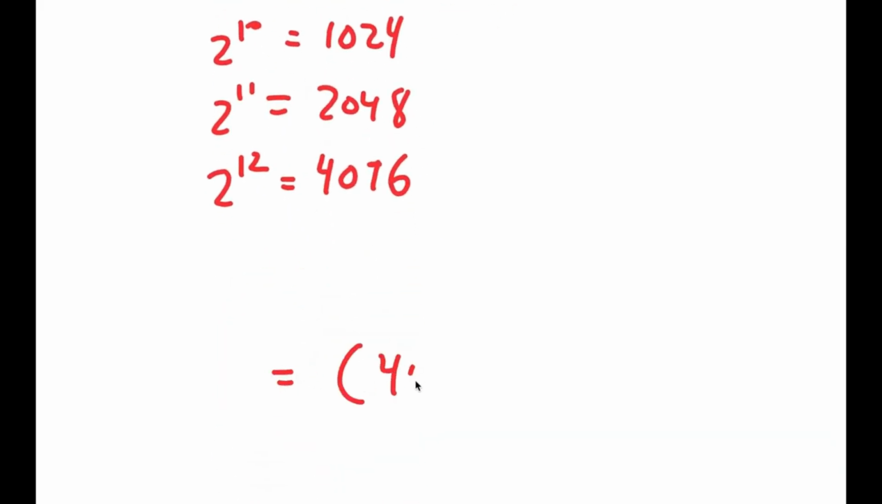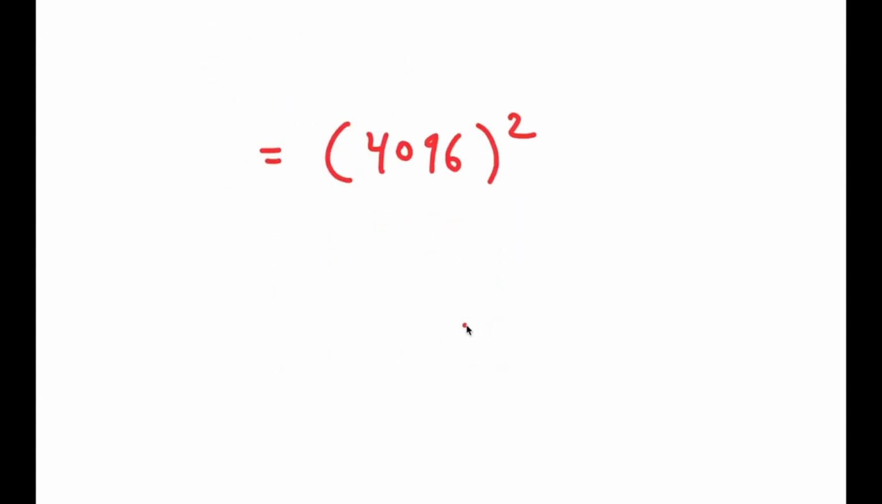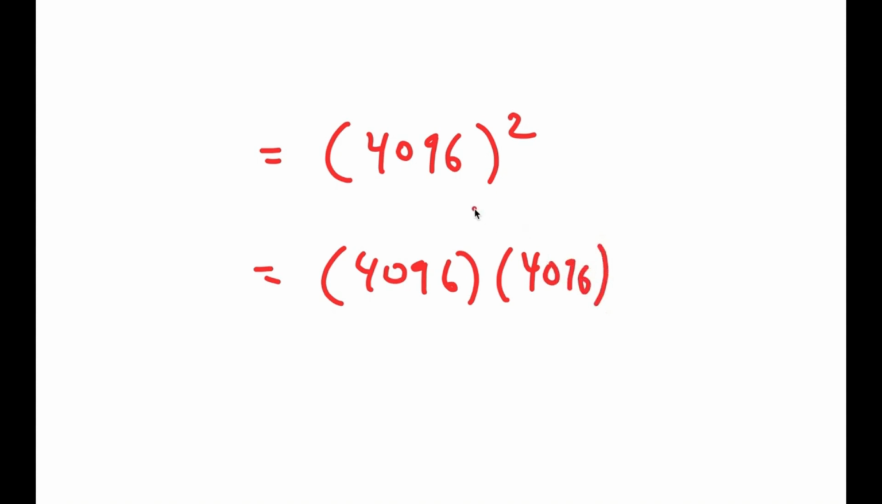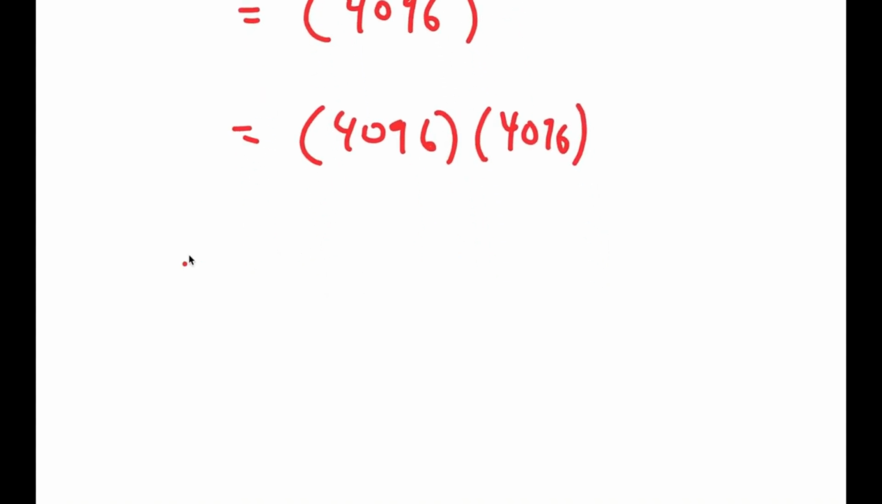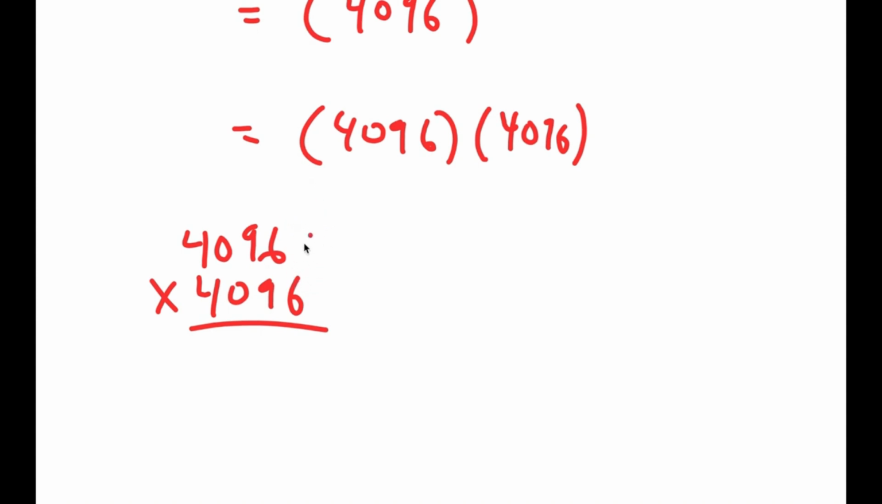So now I get 4,096 squared. Now, what most people would do, well, first of all, 4,096 squared is the same thing as 4,096 times 4,096. And from here, what most people would do is they would just multiply this like this, using the conventional method of multiplying it. However, this method takes way too long, and it's really easy to make an error using this method. So instead,